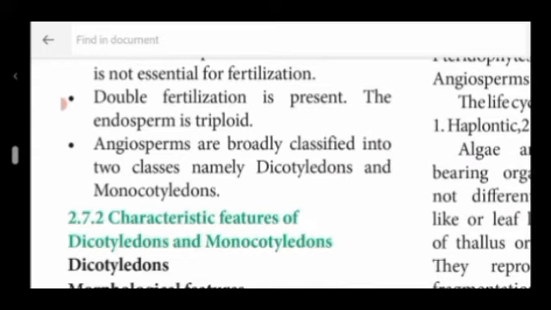You all learned about fertilization. The fusion of the male and the female gamete is called fertilization. Another male gamete fuses with the secondary nucleus, which is called double fertilization. So the double fertilization product is the endosperm, which is triploid. The male gamete is haploid and the secondary nucleus is a diploid cell. By the fusion of the secondary nucleus and one male gamete, the triploid endosperm is made.